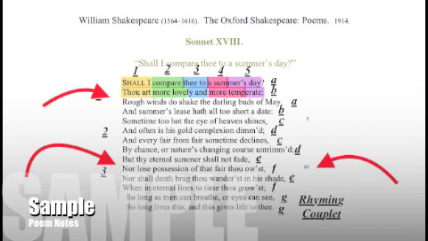I also color-coded at the very, very top for you the first 2 lines. Line 1 we did already, but I did break up the feet. So we have 1, 2, 3, 4, 5 feet per line, which makes it an iambic pentameter, unstressed, stressed. There's 5 pairs of those, and there are 10 syllables. So I distinguished it by the color coding. The yellow highlight shows the 1 foot, and then we have 2 feet in green, 3 in blue, 4 in pink, and 5 in purple. So I want you to go in and make these annotations as well. You've got 3 quatrains,